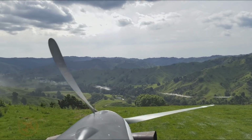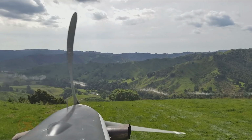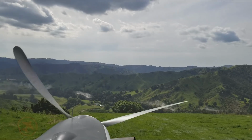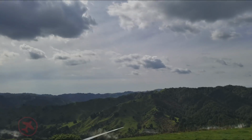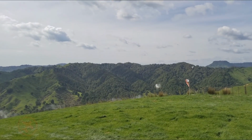Actually, I'll quickly show you this other clip I've got here because it looks cool. See the other plane doing some bits and pieces off the end of the strip. So I'm parked up waiting and watching. Both of these aircraft are a Cresco, New Zealand made by Pacific Aerospace. We're carting about